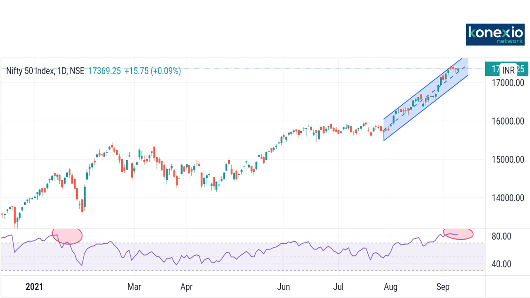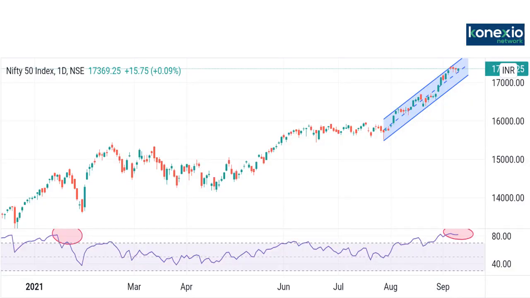If we see selling pressure from these levels, which is quite possible next week, Nifty might drift lower to the downward support line, which is exactly at the 17,000 mark, the psychological level. So the crucial support for the Nifty next week would be around 17,000 to 16,950. Looking at this pattern, the strategy would be to book profits or try to sell at the higher levels in Nifty. Now let us discuss the important support and resistance levels in the Nifty for the next week.